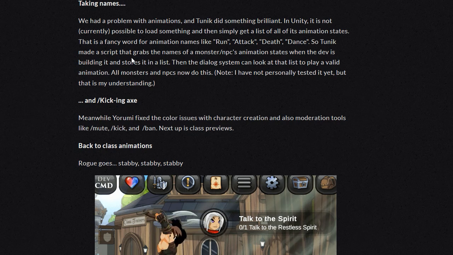So Tunic took a script that grabs the names of the monsters, NPCs, and animation states when the dev is building it and stores it in a list. Then the dialogue system can look at that list to play a valid animation. All monsters and NPCs now do this. Note, I have not personally tested it, but that is my understanding. Meanwhile, Hiromi fixed the color issues with character creation and also moderation tools like mute, kick, and